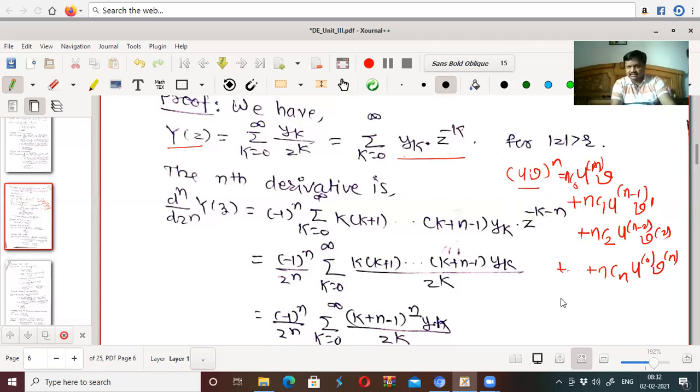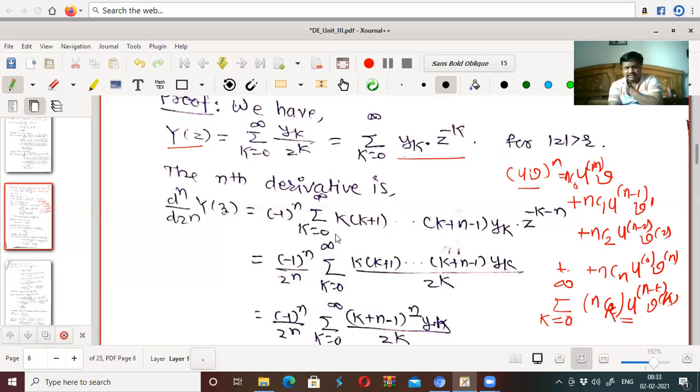How can you write it? It is nothing but summation k from 0 to n of nCk into the (n minus k)th derivative of u into the kth derivative of v, or you can interchange these also. First take the 0th derivative, nth derivative, and so on. That will remain the same. In that case, this becomes u^(k) v^(n minus k) and so on. It is nCk, not nCr. So by taking it in such a way, what do we obtain there?